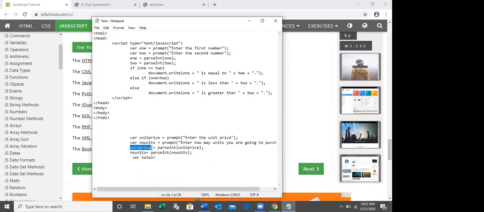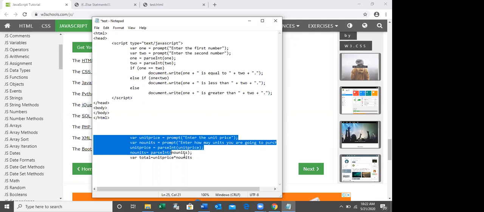Unit price into number of units. That's it. Then you can do the same as I have done already. This is the thing you have to convert.